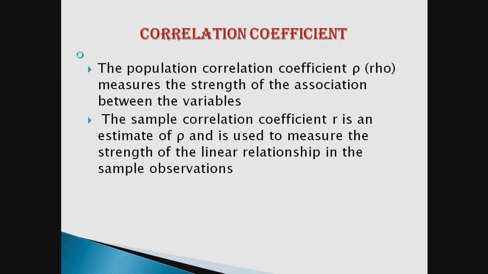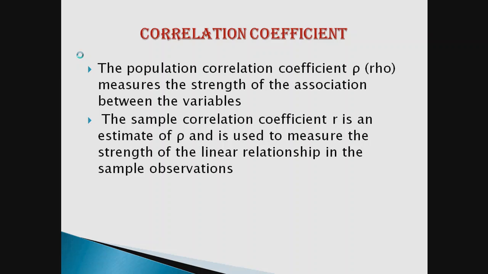Covariance is the measure of the degree to which the two variables move together. It captures how one variable differs from its mean as the other variable differs from its own mean. A positive covariance indicates that the variables tend to move together. A negative covariance indicates that the variables tend to move in opposite directions.